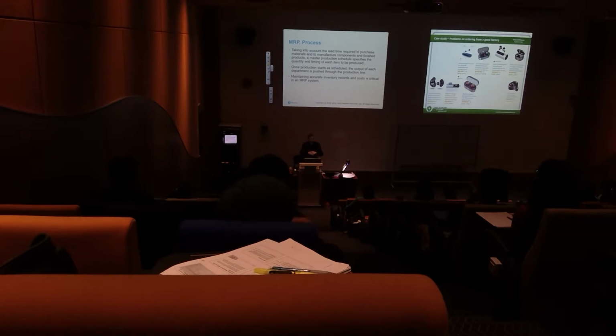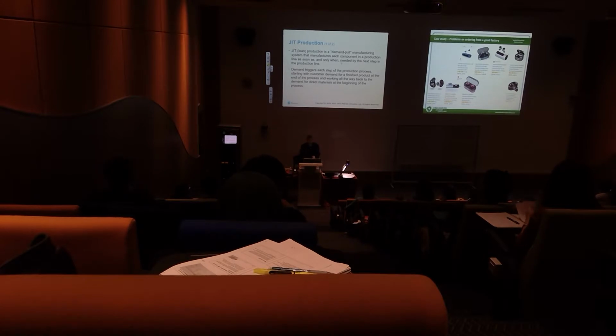So taking into account the lead time required to purchase materials and manufacture components, the master production schedule specifies the quantity and timing of each item to be produced. Once production starts as scheduled, the output of each department is pushed through the production line. Now, with just-in-time production, we're pulling through, and so basically what is telling the production to start is the demand